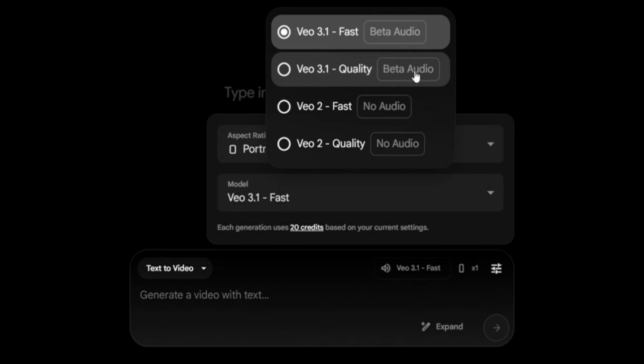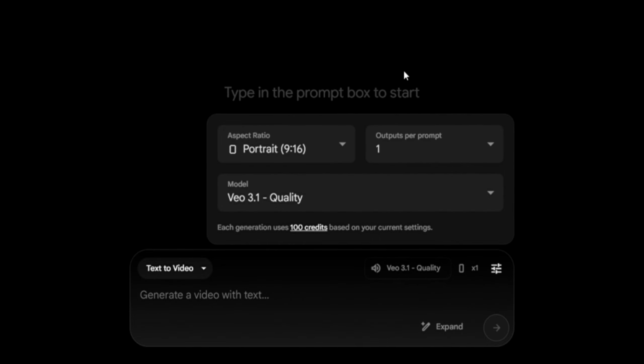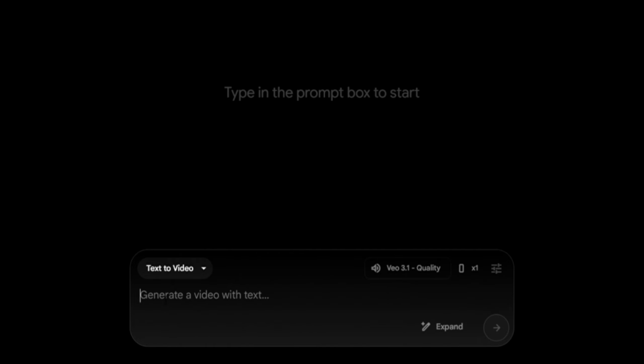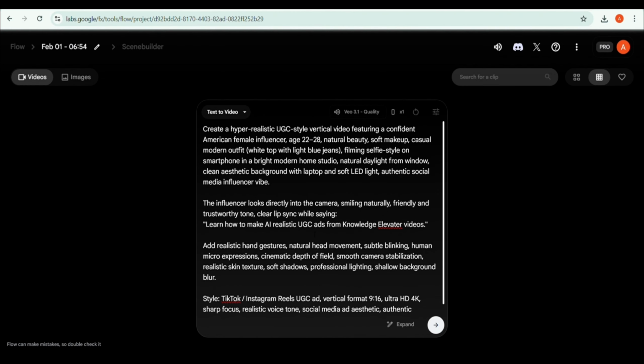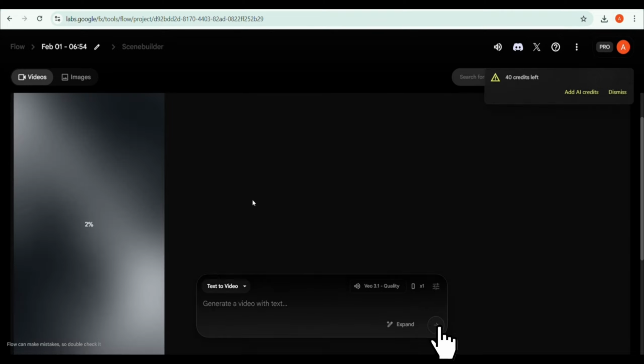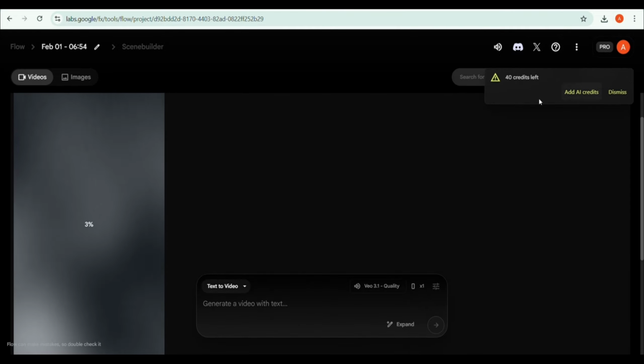So Veo 3.1, I will click on this one. So after that I will paste the prompt that I created by using ChatGPT. I just include everything, and after that I will click on submit. So now you can see it is just going to take a few seconds,